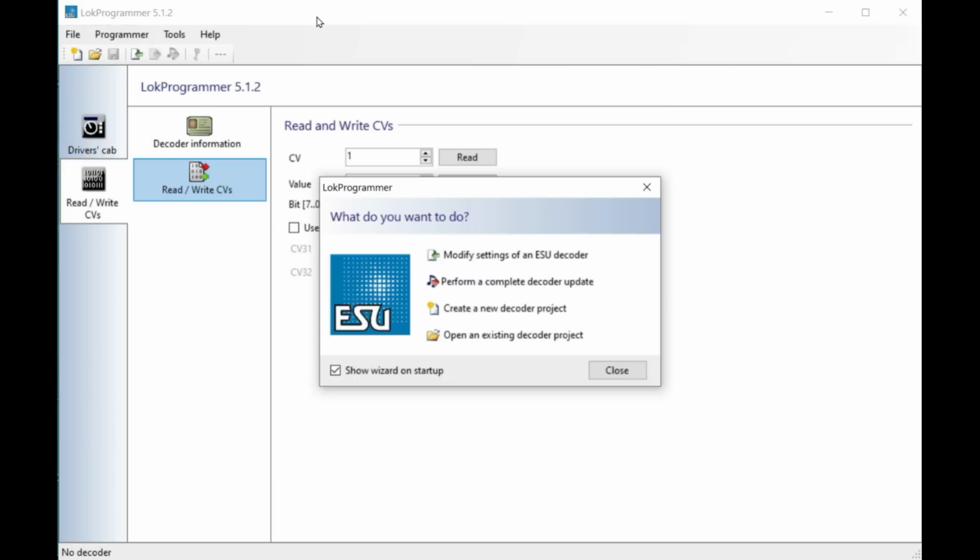And also, I don't use my LokProgrammer for anything other than basic uploading of the sound packages and minor amounts of CV programming. The rest of it I do in DecoderPro. So what I'm also going to show you how to do today is how you can take the LokProgrammer program shown right here,